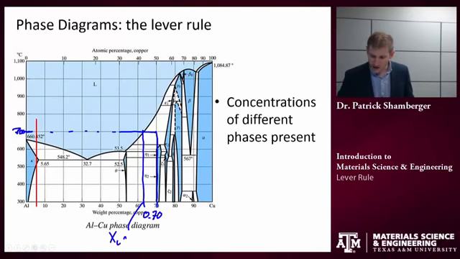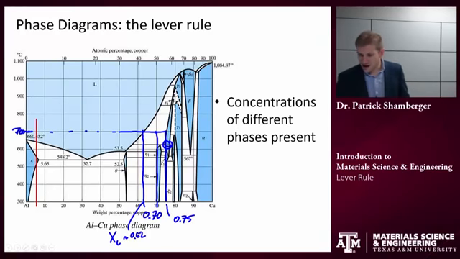So X sub L is about 0.62. I get a composition of a phase epsilon 2, and that composition looks like it's about 0.75. And my lever rule is composed of C, A,